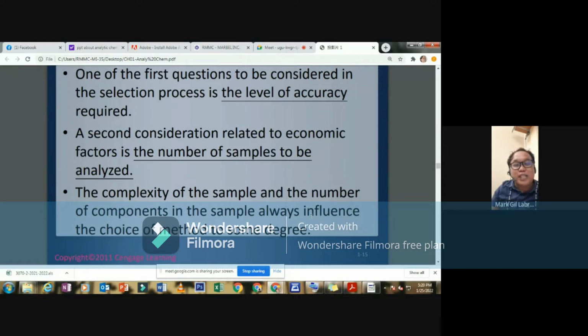So parang you are using qualitative type of analysis, you base only on the physical, no? The color. Yes, the color. Correct. Kasi parang you are also analyzing, di ba? Yung mga ginagawa natin everyday, actually, practical naman talaga, nag-a-analyze tayo. Pwede din yon. Pero I think, para sure nga na luto talaga ang kanin,